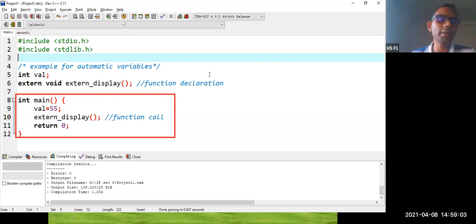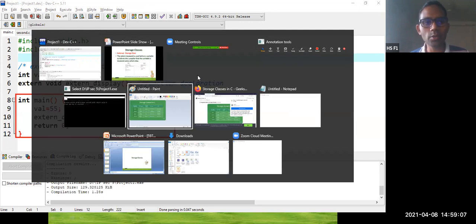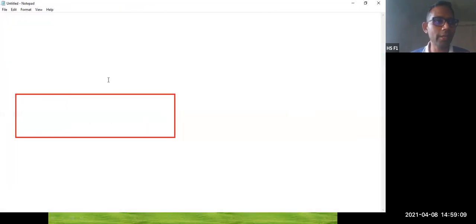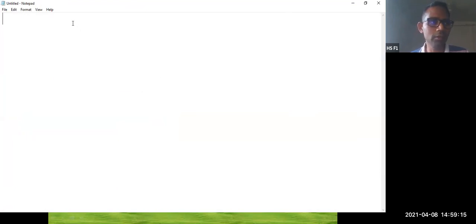At 3:15, I'm going to make breakout rooms. Then you have to execute 3 programs. I'll share the 3 programs. Whoever executes and shows the 3 programs to the faculty will get attendance for all the 3 hours. Otherwise, you will be getting the attendance only for 1 hour. So you are going to execute 3 programs.